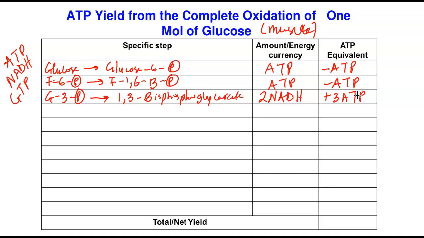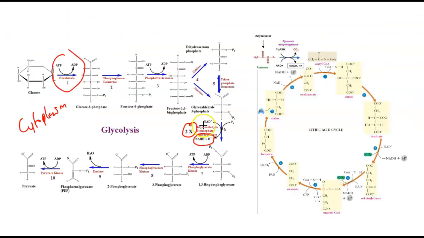Again, let's continue. In the next step, if you go back to this point, something again happened. Look at what's happened. 1,3-bisphosphoglycerate was converted to 3-phosphoglycerate. Look at what's happening here. ADP comes and accepts this phosphate to form ATP. We generated ATP. Remember again, everything happening here is times 2. Therefore, we're going to have 2 ATP here.